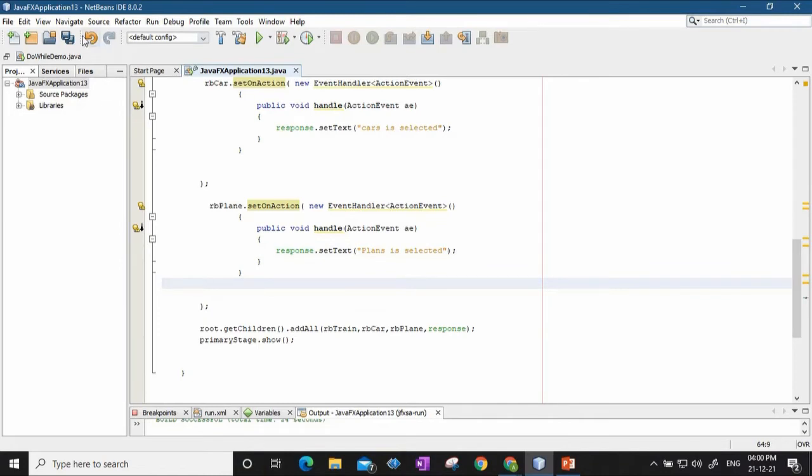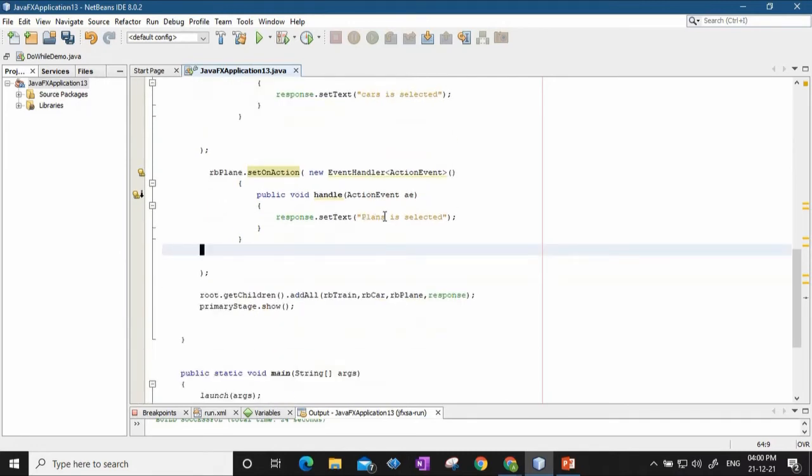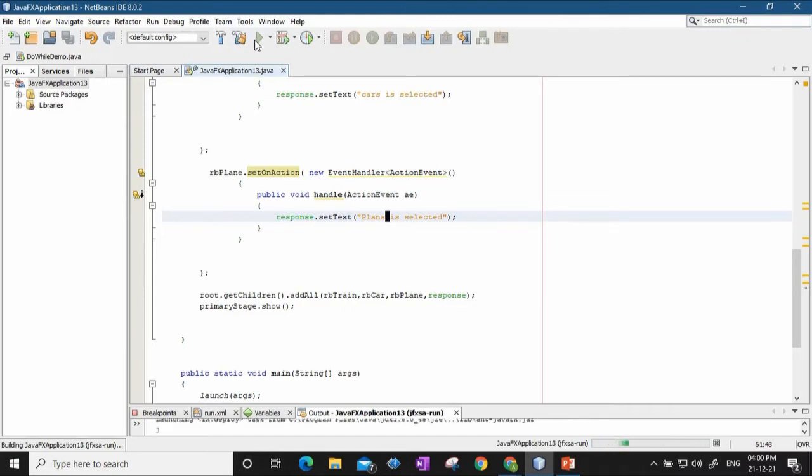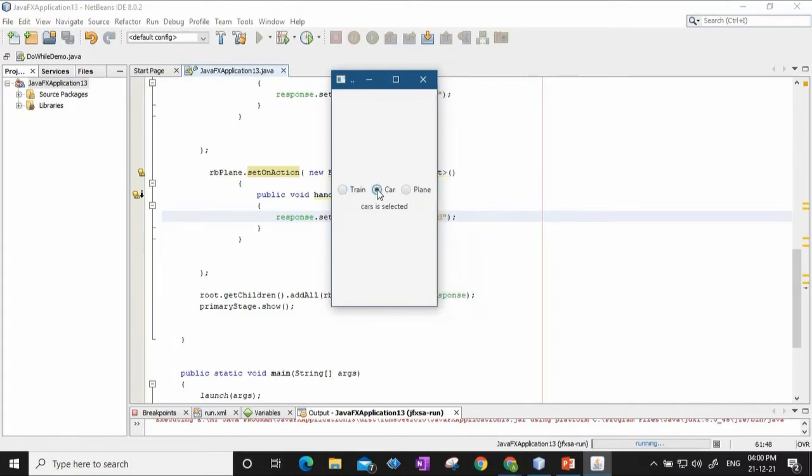Okay. So now you can see that when I select train, it will say train is selected. Car, it will say car is selected, and when I say plane, it is plane is selected. I think spelling mistake is there, but plane is selected. So this is how you can have your radio button control coded into the JavaFX application.